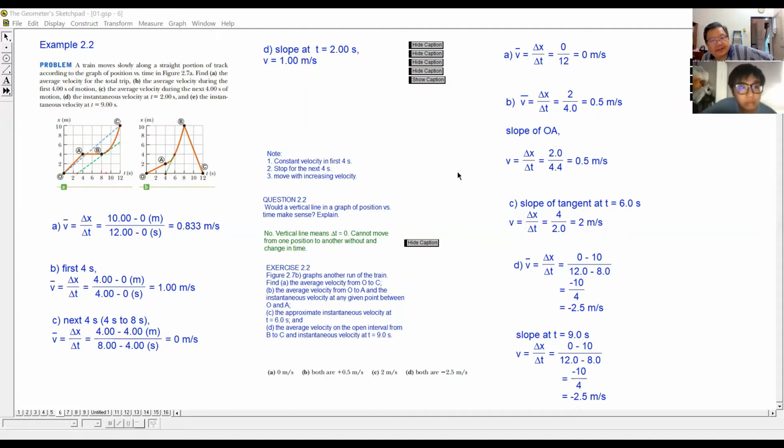4.5. How much? 0.75. Correct, 0.75 meter per second. Okay, then